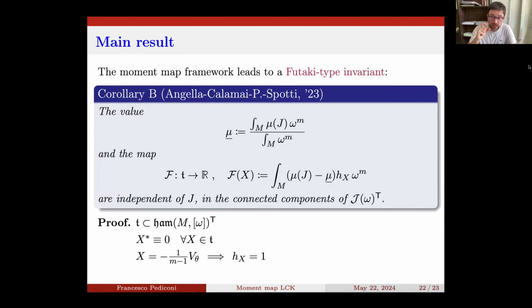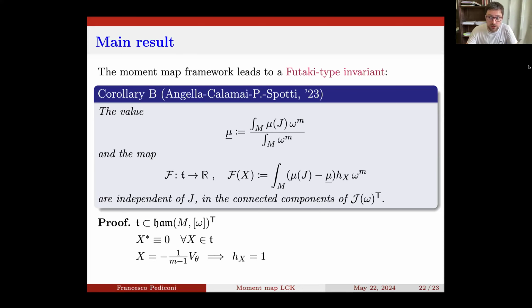Okay, so actually we can associate to any vector X inside T a vector field on the infinite dimensional manifold, and since the infinite dimensional manifolds are T invariant, the fundamental vector field is going to be 0. So on the right hand side of the moment map equation, you get 0. So it means that on the left hand side you have a certain derivative, and the thing inside the derivative is constant, which is precisely the content of this corollary.